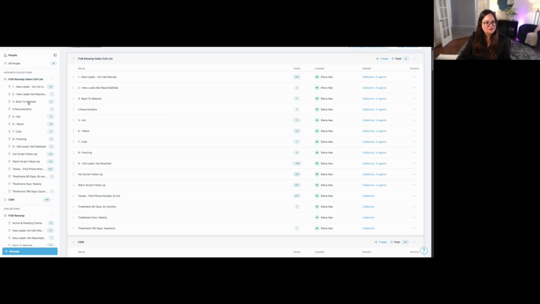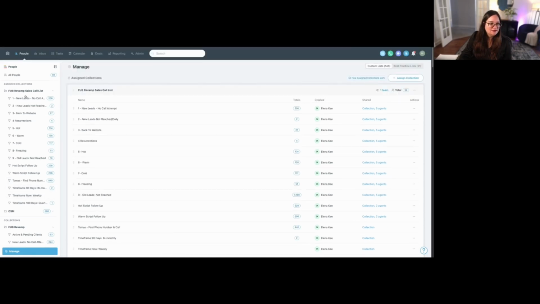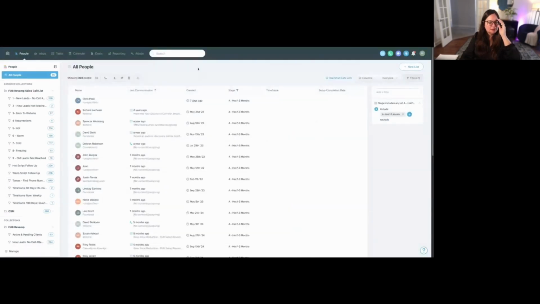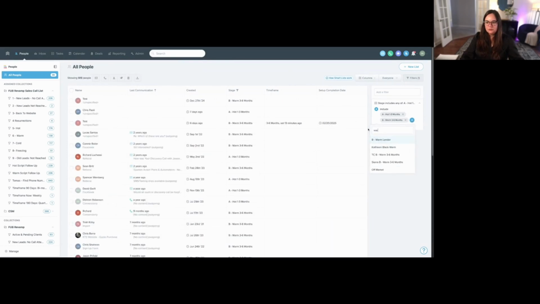Now, another way to take advantage of the time frames, if you are going to start using them and you have a virtual assistant, is if you do want to start using them and you do layer them into your smart lists, have a virtual assistant check to see if your agents are actually inputting the time frame, because they are helpful. So you would create a smart list here for your VA to say, okay, if in Follow Boss the stage is hot, warm, or cold,